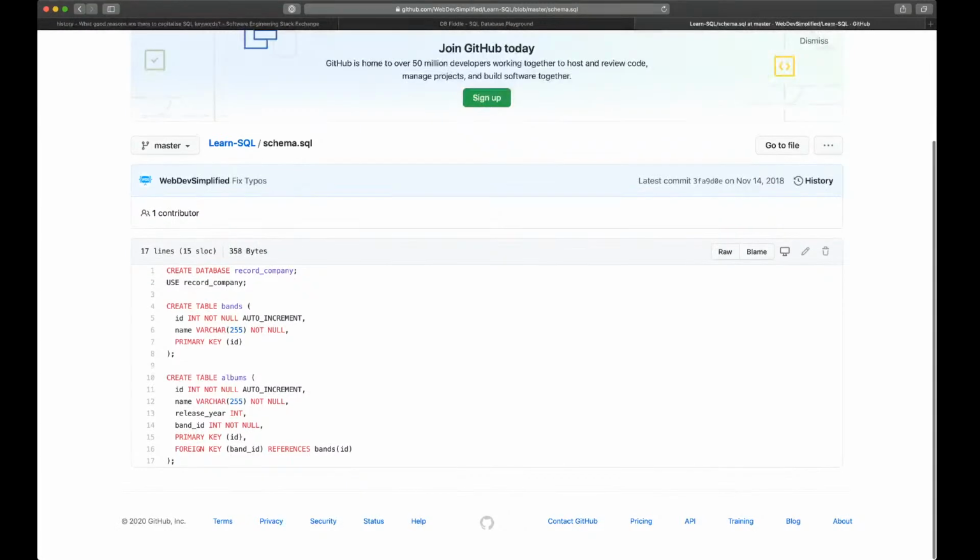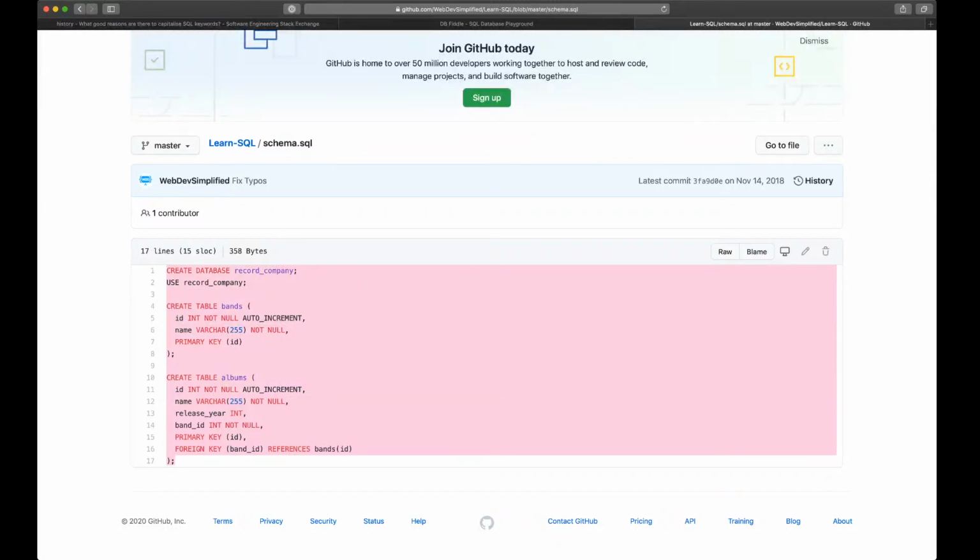Okay, so once you're in this schema.sql file, you are just going to grab all the text, copy it, and then we're going to come over here to our